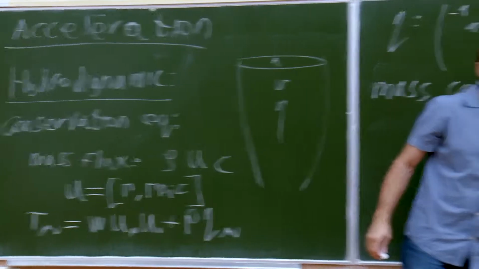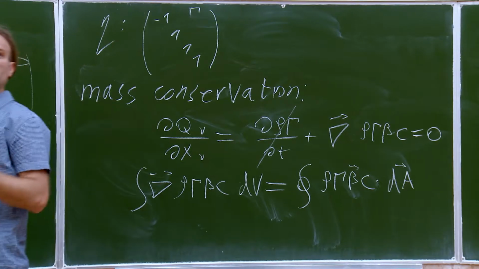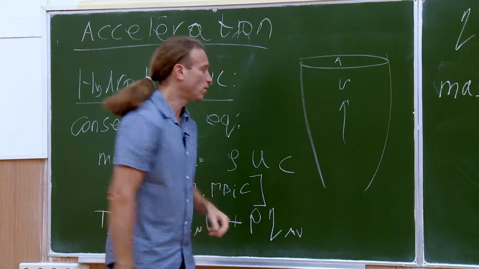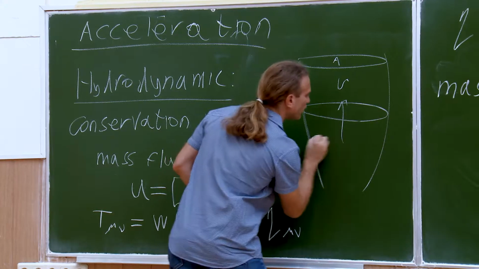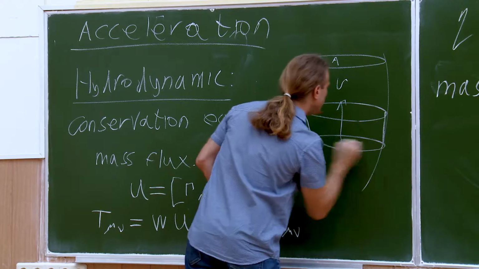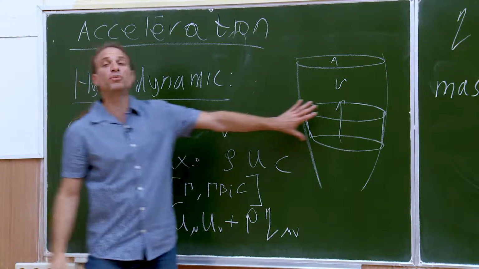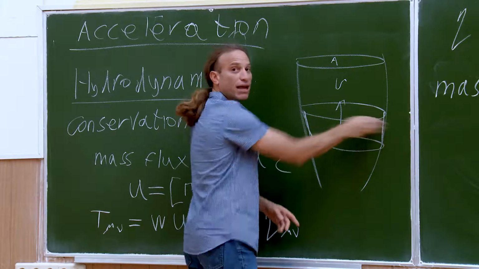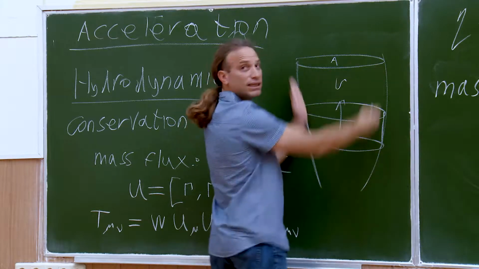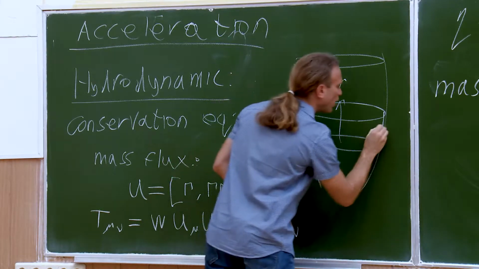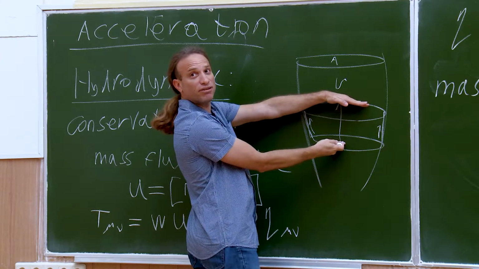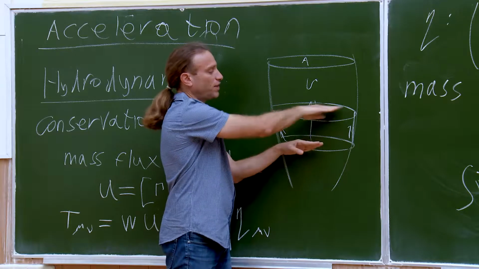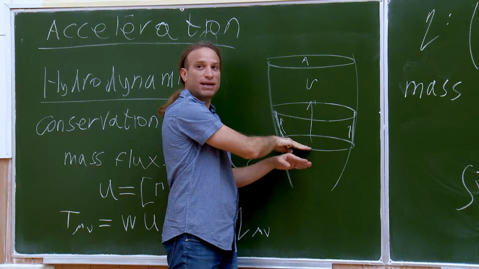If I want to do this integral in an easy way, I need to take a surface which is either perpendicular to the velocity or parallel to the velocity. So I'm taking a surface that looks something like that. This is the volume that I'm taking. So the surface is just the two bases and the envelope here. Now, since I have a velocity that is going in a funnel, velocity here is parallel to the surface and the velocities here are perpendicular to the surface. So β·dA here is 0, and I'm only left with β times A here and β times A here.